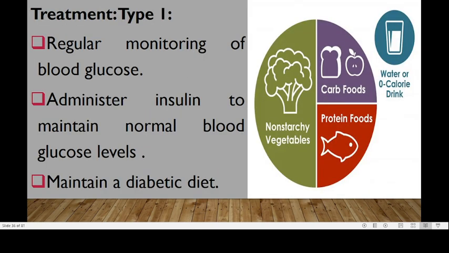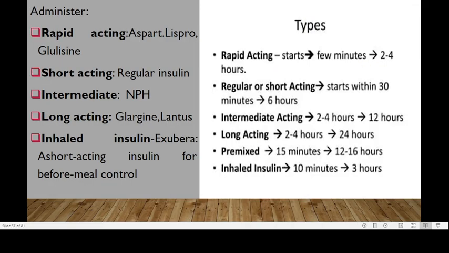In terms of treatment, starting with type 1, we have regular monitoring of the blood glucose. We administer insulin to maintain the normal blood glucose level and maintain a diabetic diet. So we could give different types of insulin. We have rapid-acting insulin, which starts in a few minutes and lasts for about 2 to 4 hours. We have examples like the lispro,